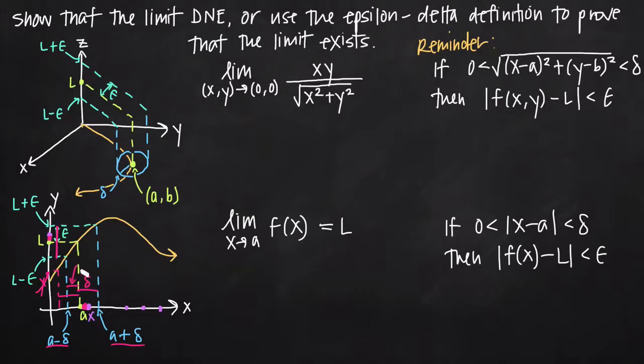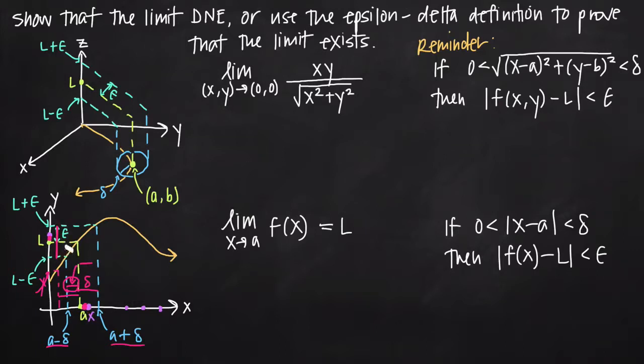We need to take the smaller distance of delta, because if we move that same distance to the right of A, we take that same distance and it looks like it's about this long here, we approximate that distance moving to the right, we're still inside this blue dotted line, which means we're still going to be inside our epsilon range. So we want this value right here, this distance right here, to be the value for delta we pick, and if we can solve for that value of delta, and we know that we always stay within a delta distance away from A, then we guarantee ourselves that we're always going to be within an epsilon